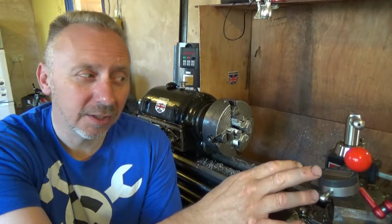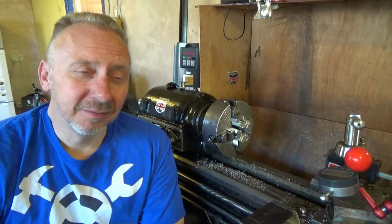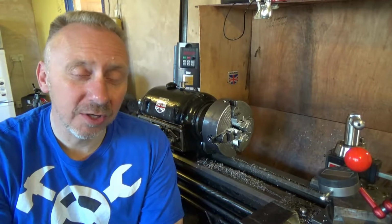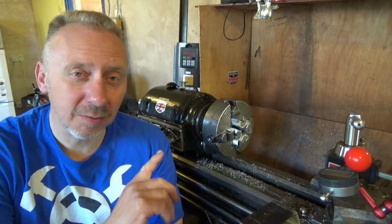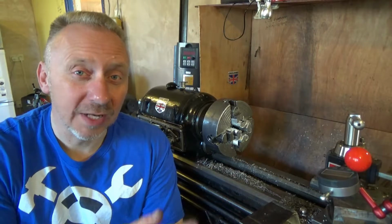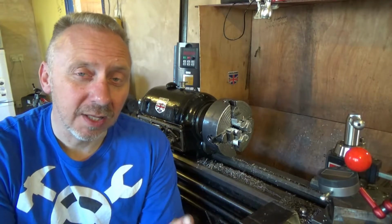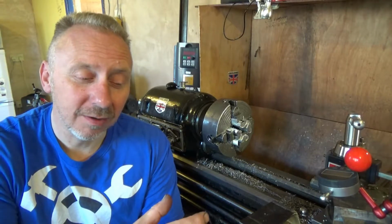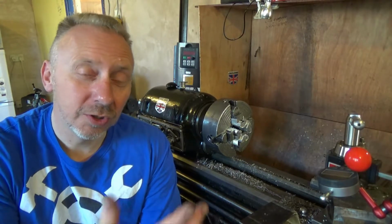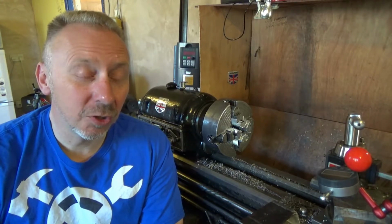digital test indicator, not using the wires. On the second thread, now I know I didn't show that very well, I've just skipped through that because the video would have been 3 hours long, that's how long it took me to do this. So I've just done that in fast forward. You'll see it in the motions. I get the threading wires out, I measure it, then I do a few more cuts, and it works out really well. In fact, that second one, I think I was 2 thou